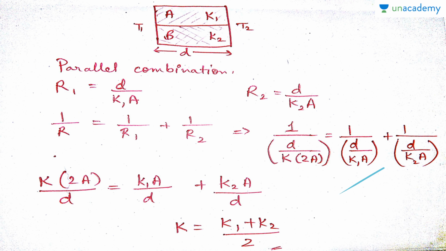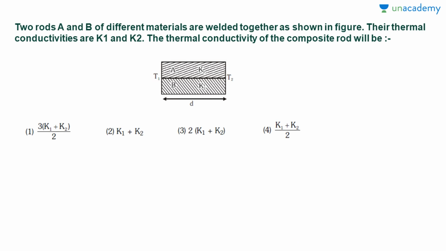So these will reciprocate and come upside, so K 2A upon d is equal to K1A upon d plus K2A upon d. d will get cancelled either side, and A will also get cancelled, so all we have left is K, that will be K is equal to K1 plus K2 by 2,